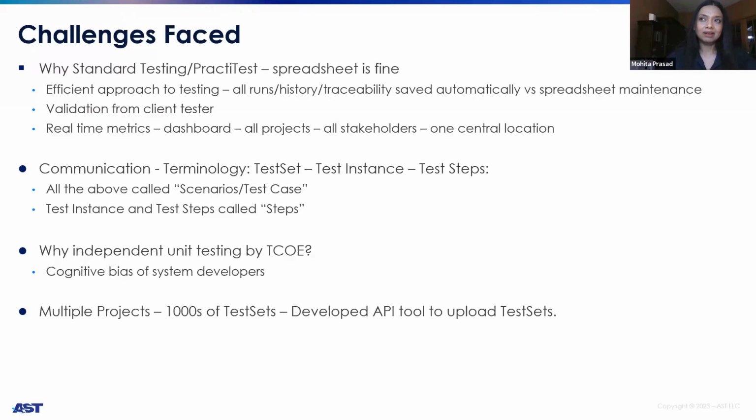Because somebody who's done the configuration themselves, they know how to move around the system, and they don't need to go through the script. So they will not test the test script. We need somebody else to do that check for us. So that is something that